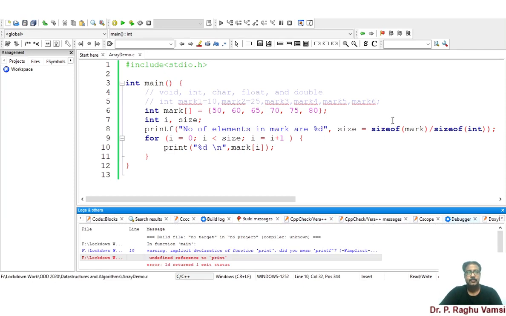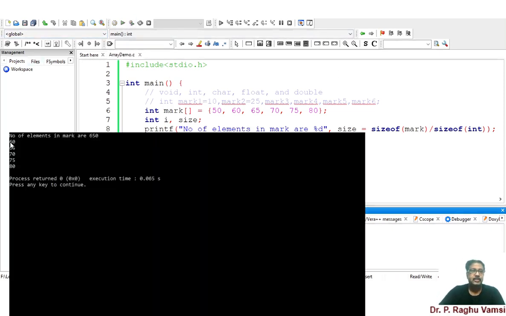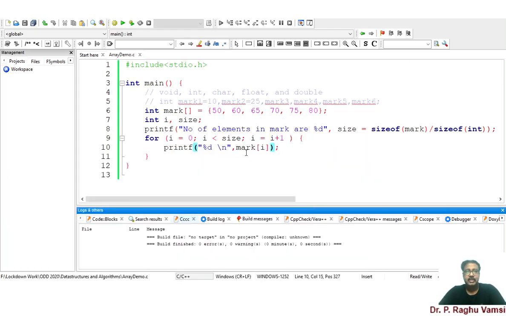We'll see, printf, not print, printf. So it is printing the number of elements in the mark are 6, and the elements are like this: 50, 60, 65, 70, 75, 80. So this is the way how the elements can be printed onto the screen.